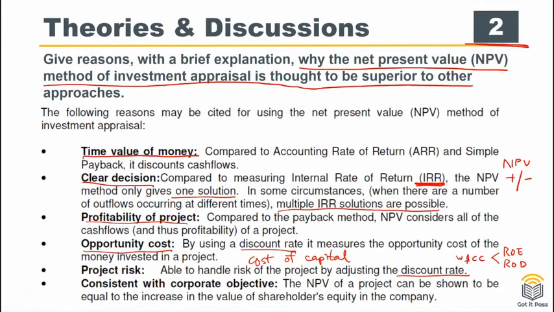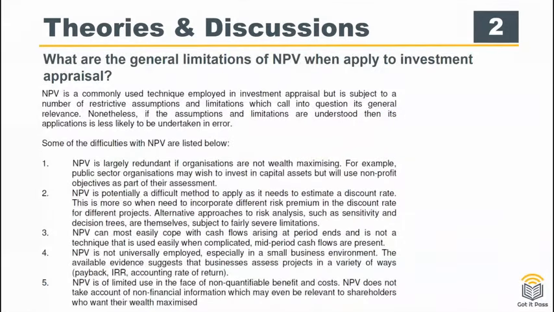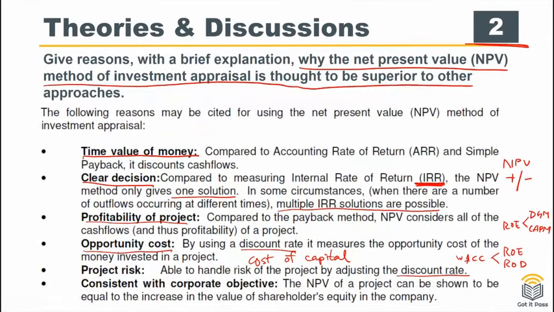Okay, so for ROE, return on equity, we have a lot of approaches like the dividend growth model to estimate our return on equity, or you will have the capital asset pricing model, CAPM. For the capital asset pricing model, the risk factor is considered. So if we adopt the CAPM, the project risk will be considered.